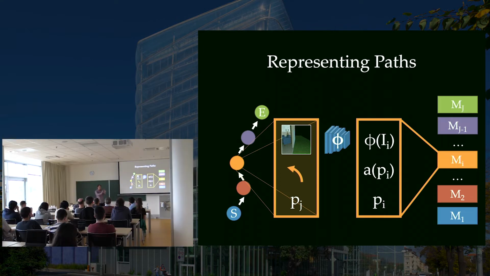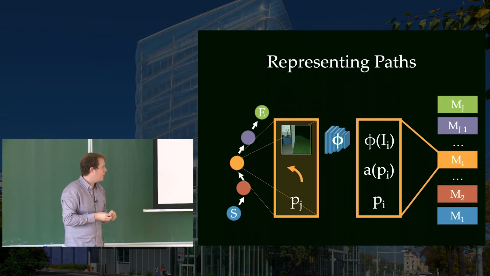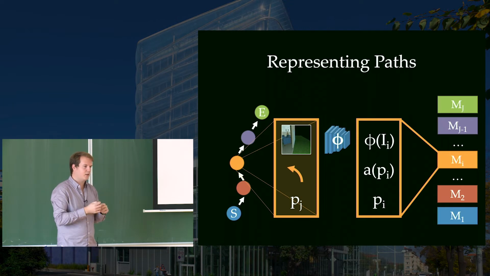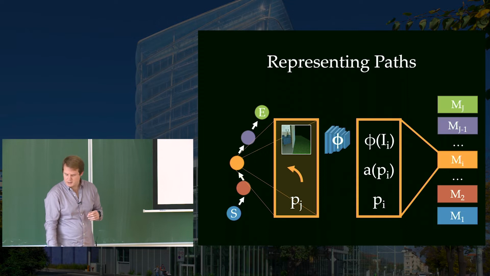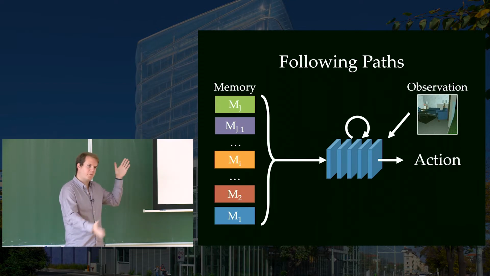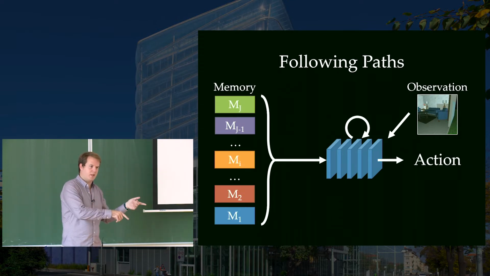So you store the feature observation, and then the action, and P, sorry, P is the pose of the robot. It's in, I believe, absolute coordinates with respect to probably the start of the path, but it's just some sort of representation of the pose. It's just like, I guess, an x, y, theta type thing. So you have this big matrix of the pose, the action that you took, and